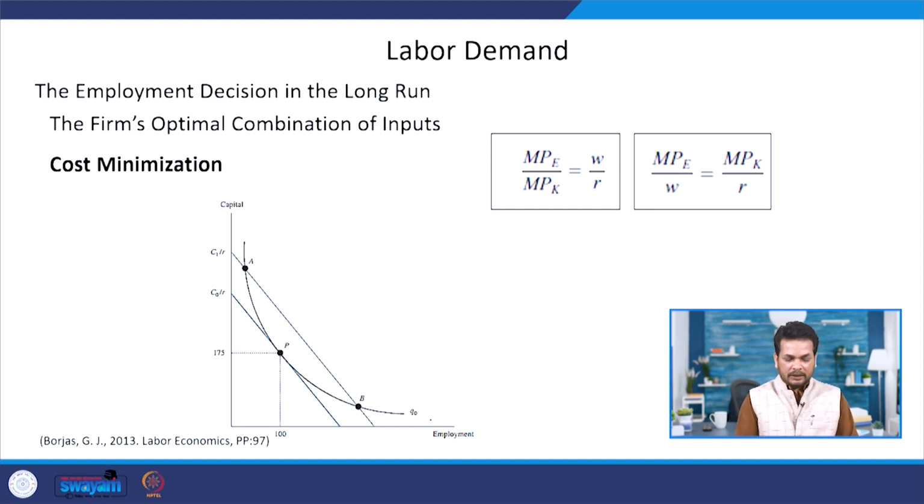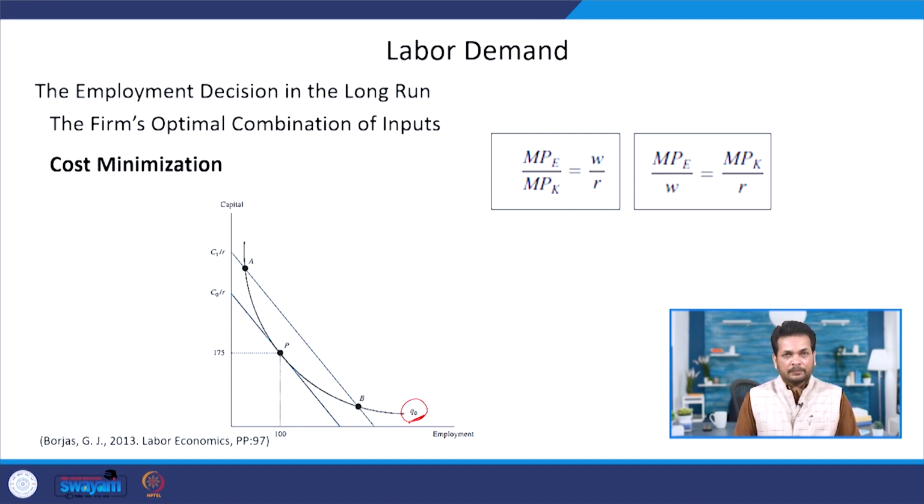The farm decides that it will produce Q0 amount of output. Now, to produce this Q0 amount of output, what is the least cost function on which he can operate? There could be different cost functions. When we superimpose this output production function over these cost functions, we find that